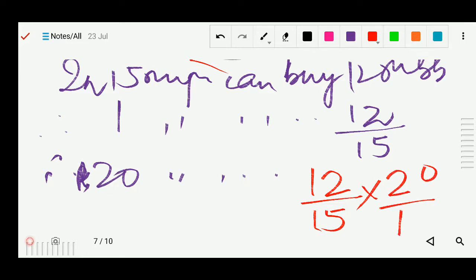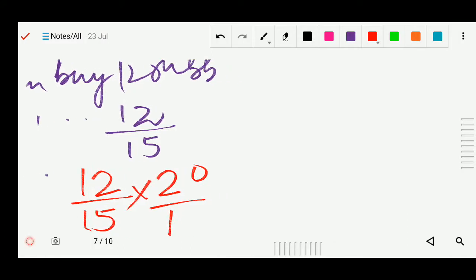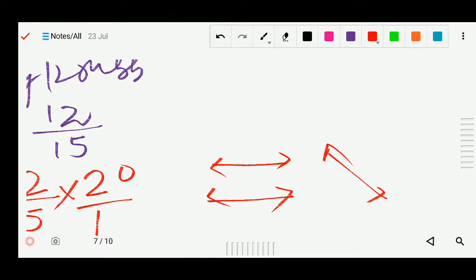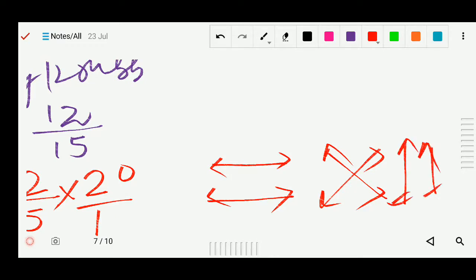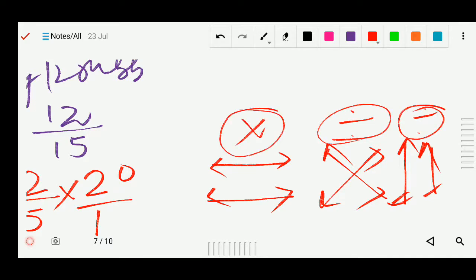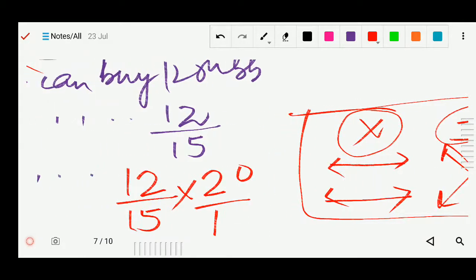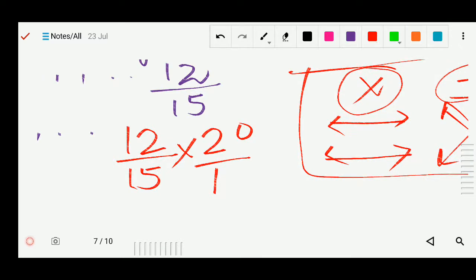Okay, so as I told, in the form of fractions you can multiply like this, parallelly you can multiply, and you can divide crosswise, and you can also divide like this also. This is usual actually. So you can divide like this, okay, and you can multiply like this. So this we can do in the form of fractions. The same thing we will apply here. So in the cross we can divide, or you can first do 12 into 20, and then you can divide by 15. This is also possible. Okay, so here I will divide directly.